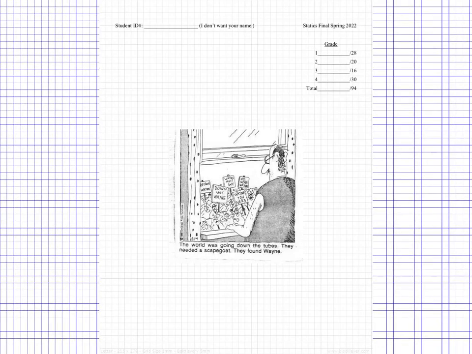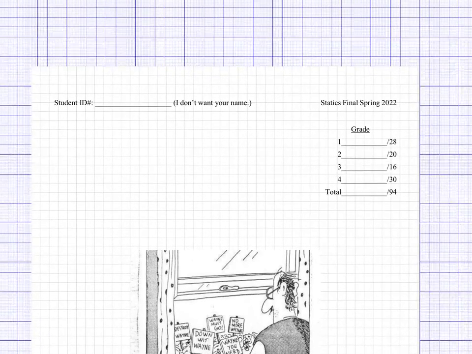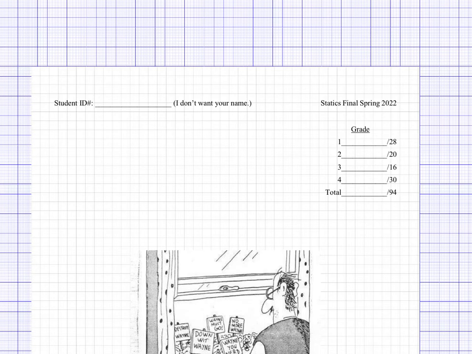All right, so we're going to do this final exam from spring 2022. The problems here ended up being worth these numbers, so this is what you could have gotten. You could have gotten a 94. And if you look through this and think, wait a second, this doesn't match what I got, or what got entered into the spreadsheet, just to cover any potential grading errors, I added 4 right here, so that really you could have gotten a